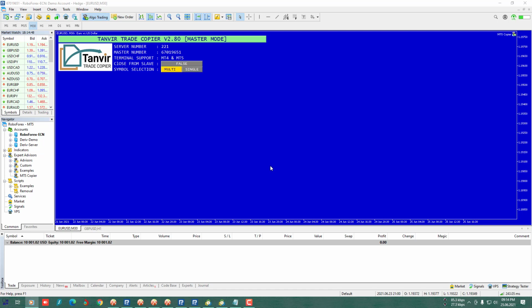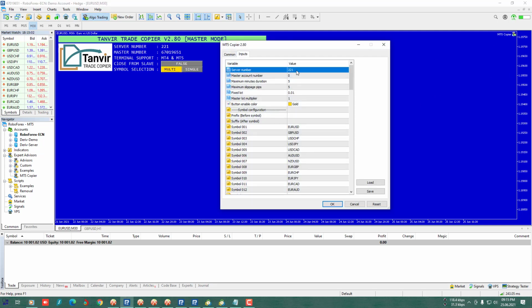Copier has been set into the chart in master mode successfully. We already know that every time we need a unique server number for each master account. Open the input section and set the new server number 223,